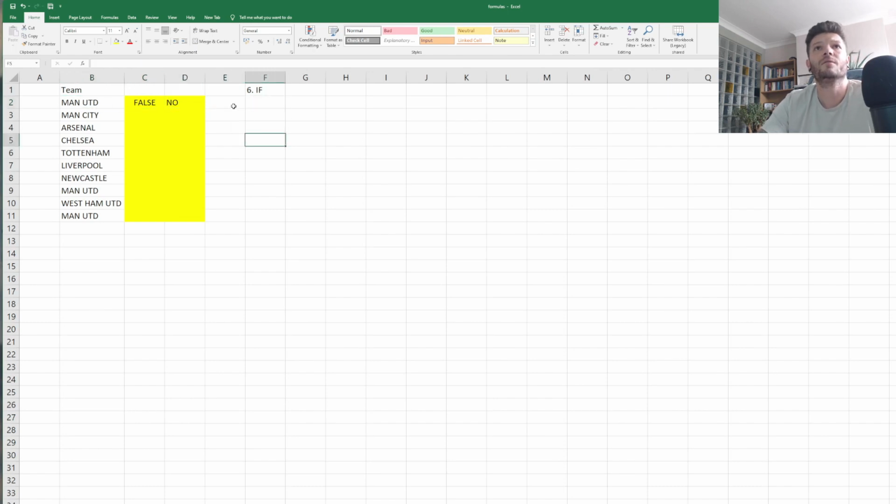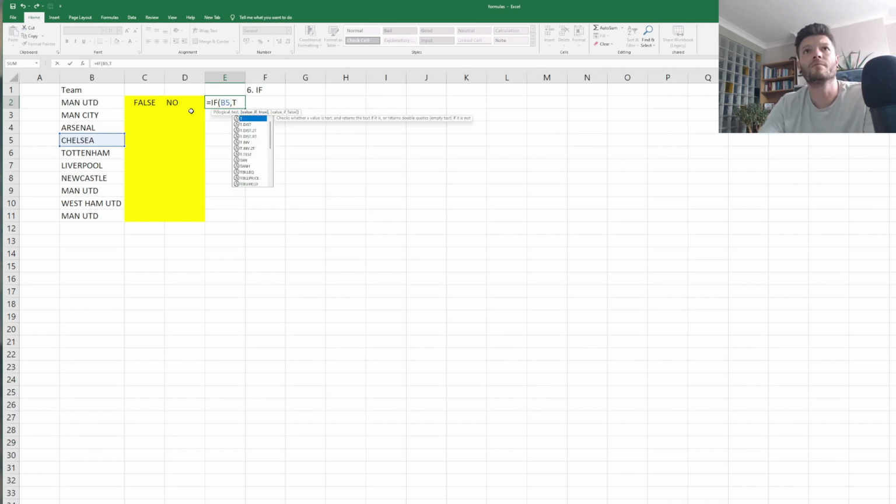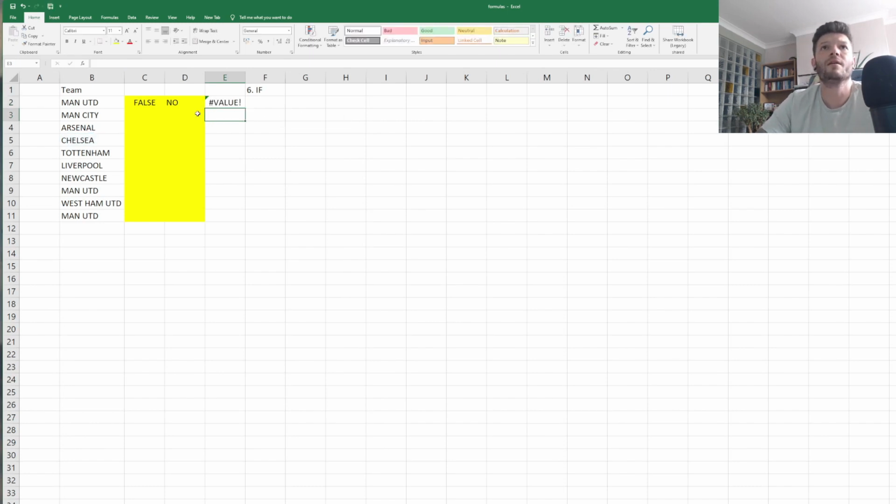So to do this, we do equals if, and open your bracket, and the logical test is a cell. So I'll use the Chelsea box here, for example. So that is B5. So if you use B5 and you want a comma, and then you want true, comma, false. And if you enter,